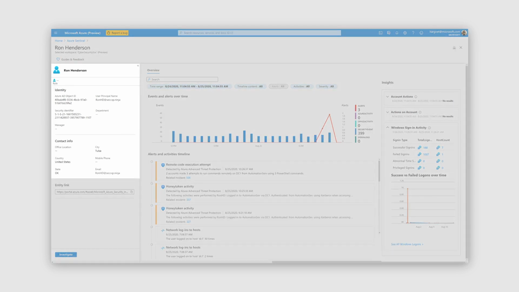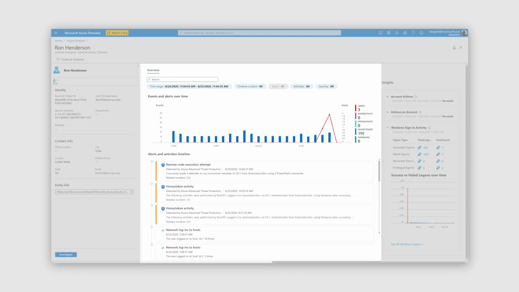On the left-hand side, you can see contextual information pulled from Azure Active Directory to orient the analyst and give them a sense of what they're dealing with. In the center section, you can see a time chart and a timeline showing alerts, activities, and events. The time chart gives you a graphical representation about what's going on in terms of alerts and security-related events. And on the right-hand side, you can click on any of the specific data types to see the individual rows